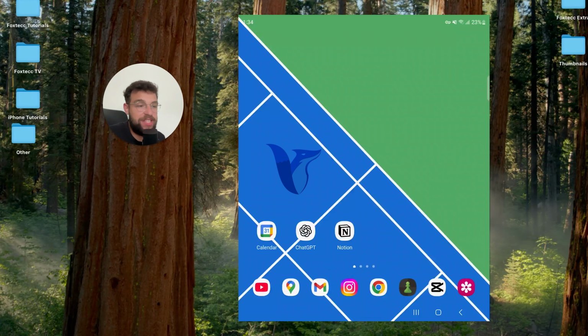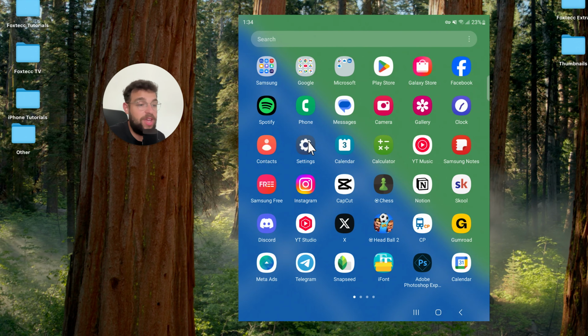Now, how do you change the clock on your Android device to 24-hour time? Let's get started. It is actually pretty simple. You just need to know where exactly to go and how to navigate it. So open up the settings on your Android phone, just click inside, and you have a bunch of different things